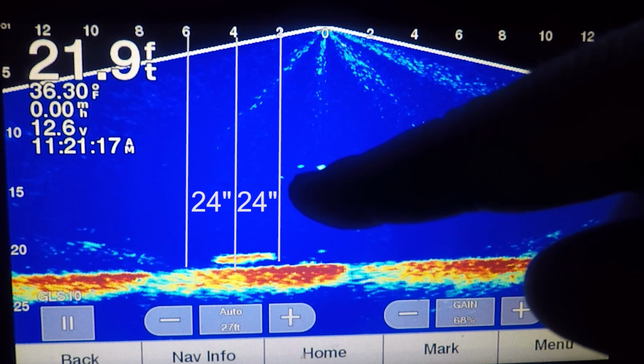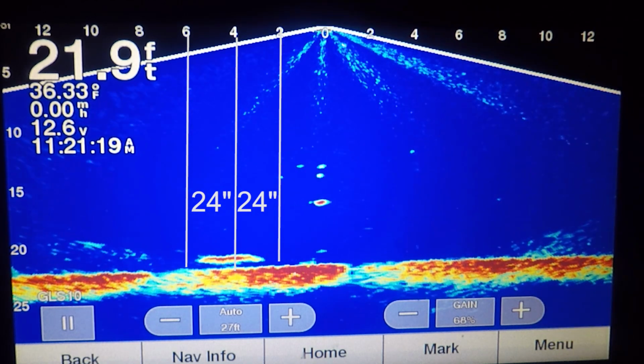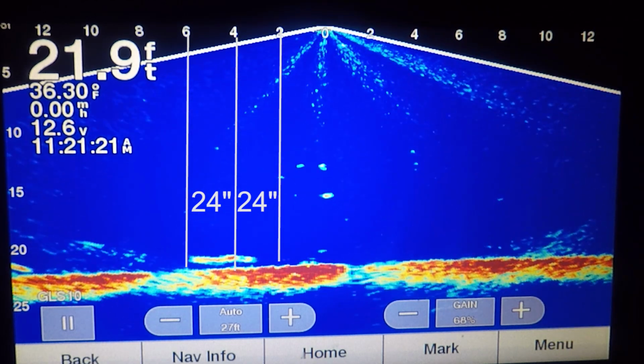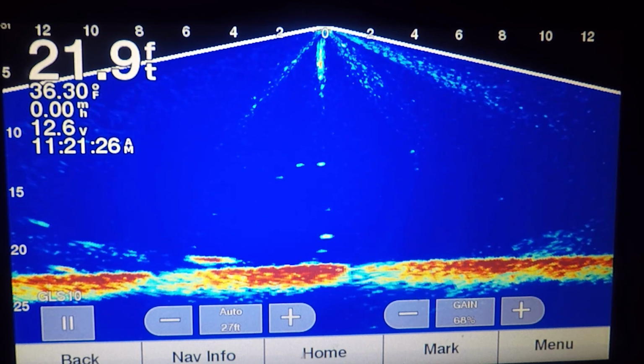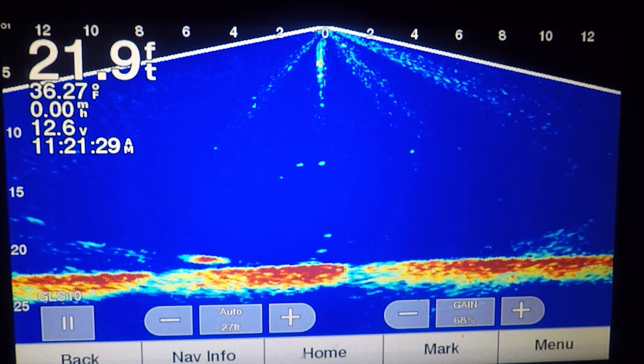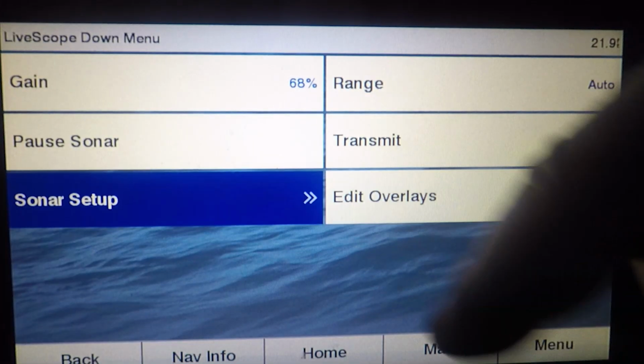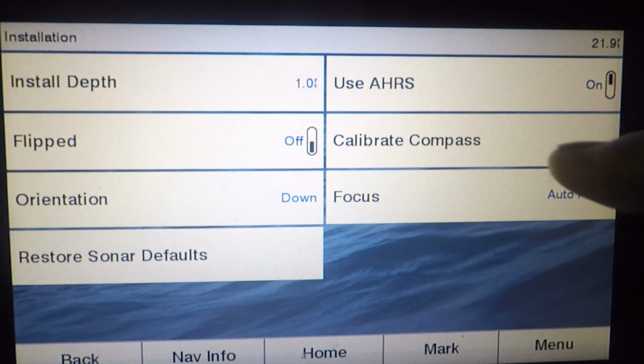That's 24. That's a pretty decent sized fish. You can see it spans almost 3 feet, maybe a 30 plus inch pike maybe. It'd be interesting to see if we could catch it and see what it actually is. All right, moving on. Typically what I like to use, so when I'm in my Sonar Setup, installation again, orientation,